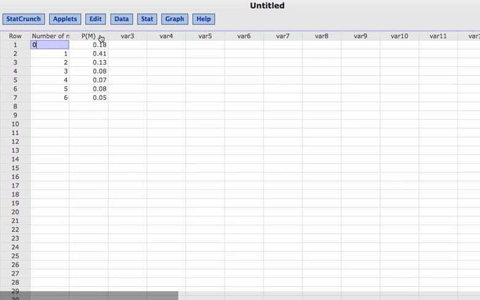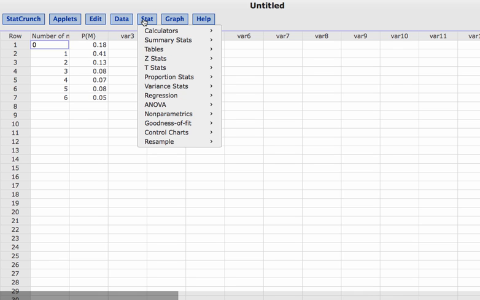To calculate the mean and standard deviation and variance, we had to multiply columns, add up things, multiply things, subtract things. We had to do a bunch of various calculations. Once this data is in StatCrunch, where you have the discrete random variable listed in the first column, and you have the probabilities associated with each outcome, we can go into Stat,